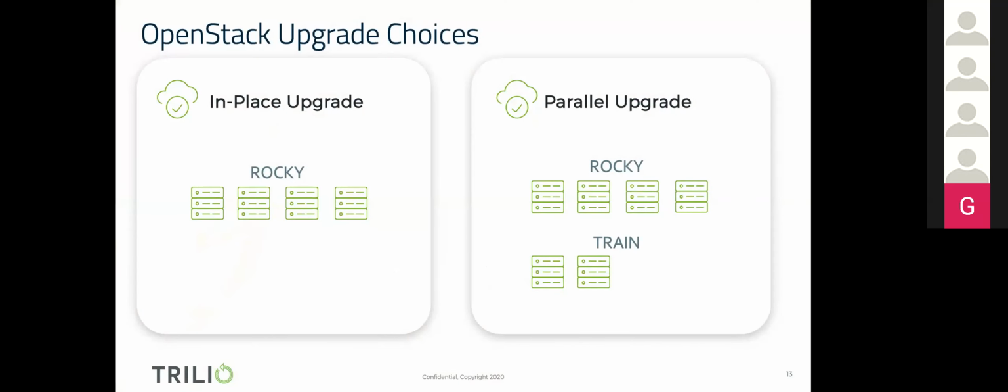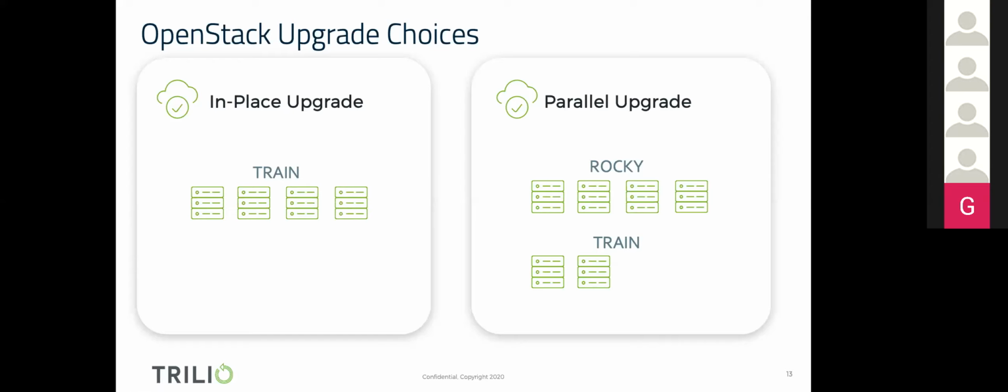So with that out the way, let's dive straight into the nitty gritty of the choices you get when you've been told that we now need to upgrade OpenStack. So obviously there's two choices, the in-place and the parallel upgrade, also known as the lift and shift. But if we just concentrate on the in-place upgrade, an in-place upgrade is obviously where you are going from one particular version of OpenStack and you are performing an upgrade,